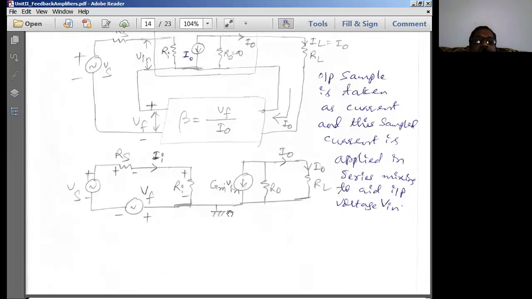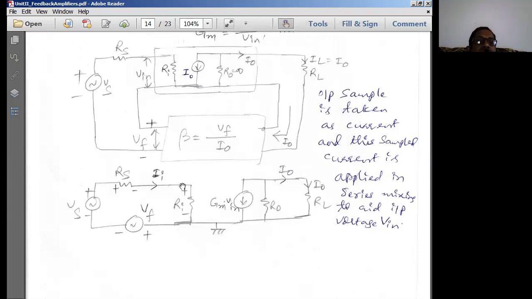Now the equivalent circuit further I can draw like this. Input side as a voltage. It is going to be a negative feedback amplifier, so minus should be connected. That means this source minus, this minus will be connected. Other terminal is anyway going to be plus, which will be coming to the Ri. So Ri plus minus here. Plus is going to the source Rs, minus is coming to Vf plus term. Like this we normally draw.